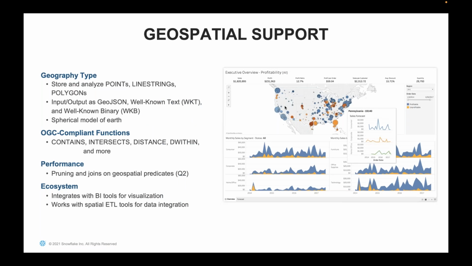You can store that information inside your database: the location, your latitudes, your longitudes, well-known text, well-known binary, spherical models of data. All that can be stored inside the database. You don't need a spatial algorithm to calculate it. If the data is coming in like that, it can be stored. So all these things fall under geospatial data support.